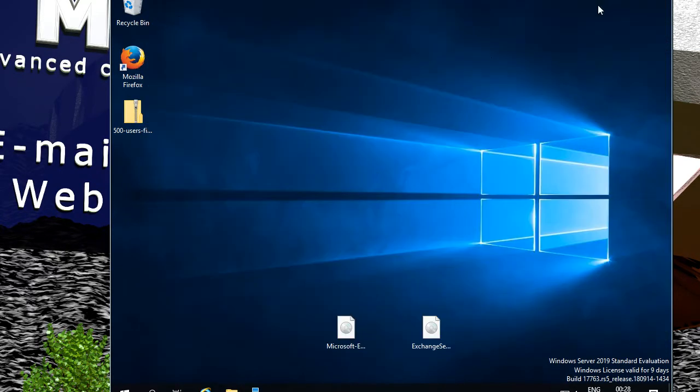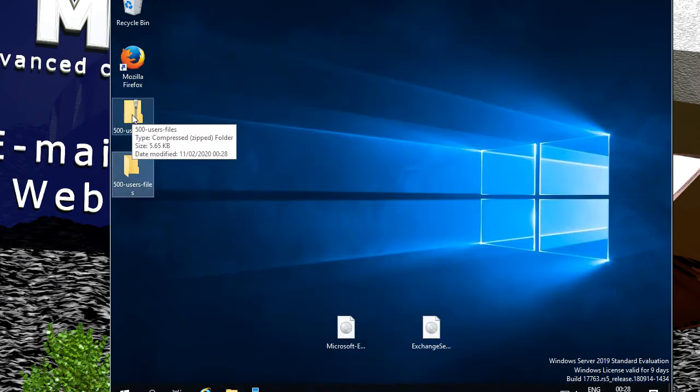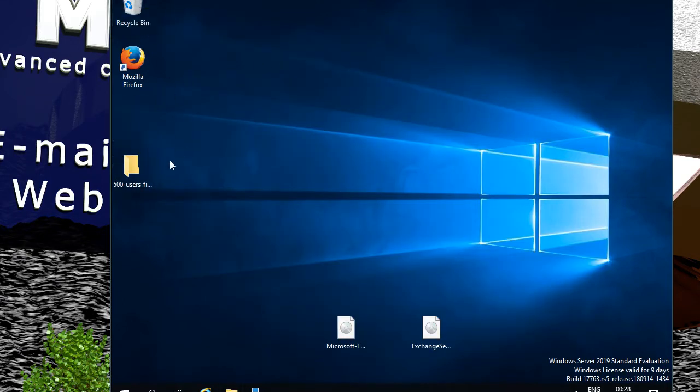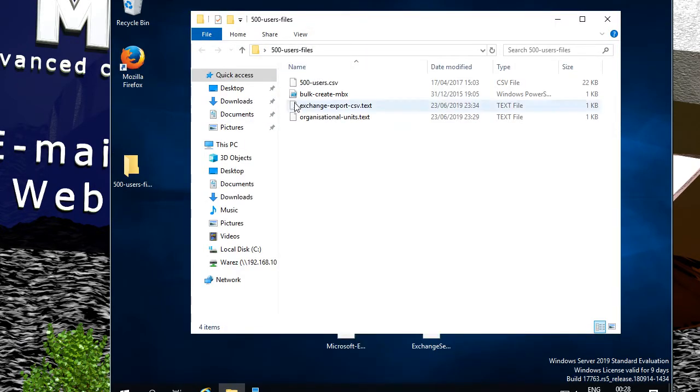Right, so once that's downloaded, it'll have some files in it. And so basically what you want to do is just drag that to the desktop. And you don't really need that anymore. So essentially the files that are in here, so that's the CSV file, and